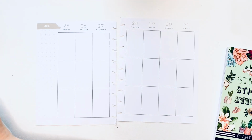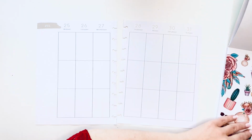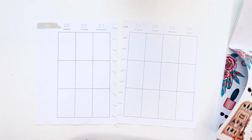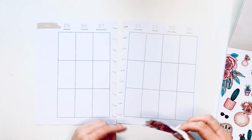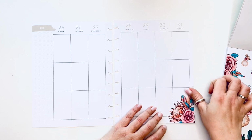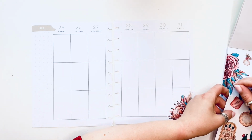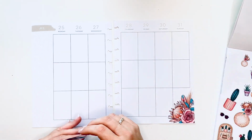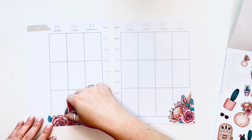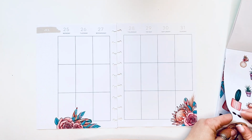And this is my creative journal, like I said, and it is a classic size Happy Planner called Sophisticated Florals. I am using this beautiful, almost like an Indian summer vibe florals from Live Love Posh. I really wanted to use these. They are different and bright, but yet kind of remind me more of a fall vibe, but I wanted to use them in July. Those colors of like reds and blues really speak to me,